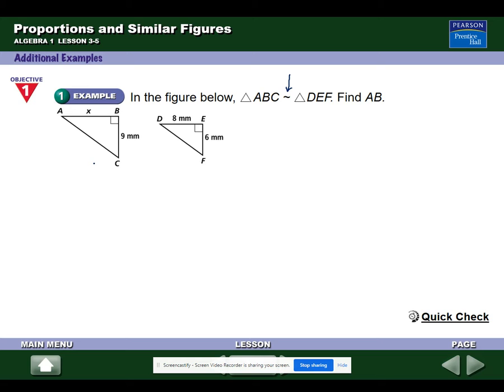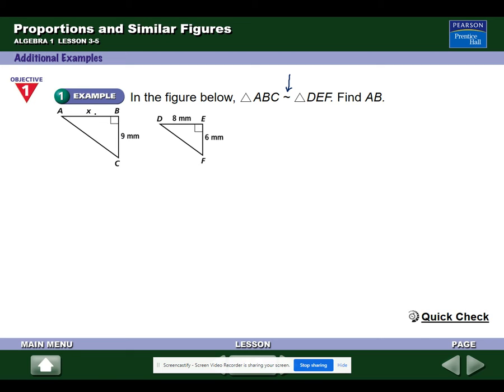So angle A, and I don't want to get into that too much, but basically this angle and this angle are congruent, and then you go one to the right, and those two angles need to be congruent, and then the next, and then the next. It can't just be mix and match for them to be similar. The second thing is that their sides are proportional, and that's what we're going to build upon here,